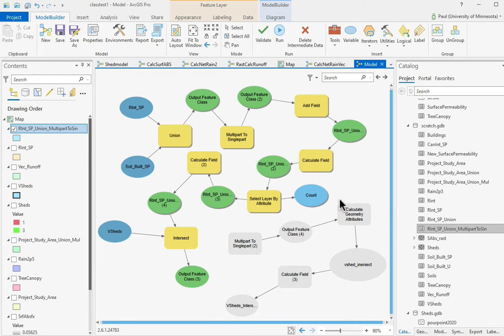I'd like to show you something about debugging inside of Model Builder that can sometimes be useful. And that is the fact that you can run an individual step or process by itself and see the results. So here I'm debugging a workflow that calculates the net